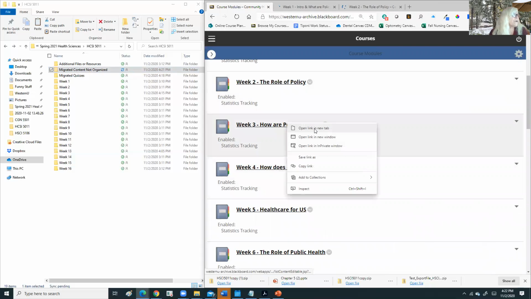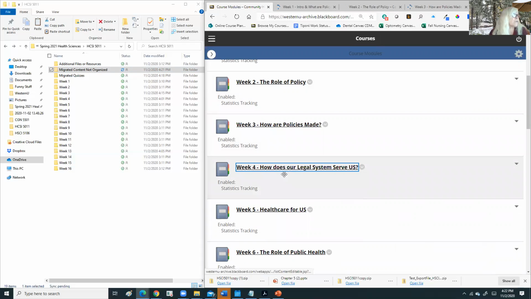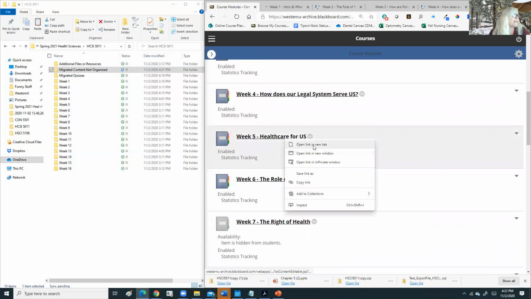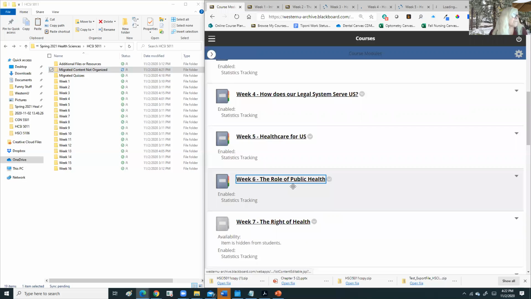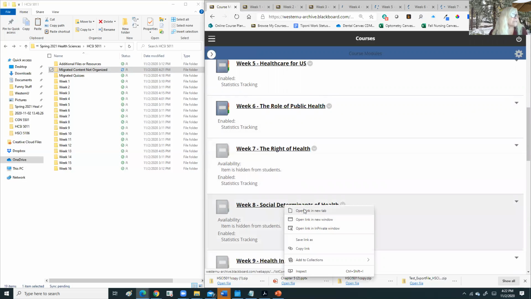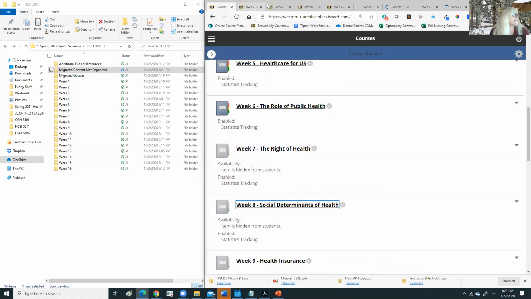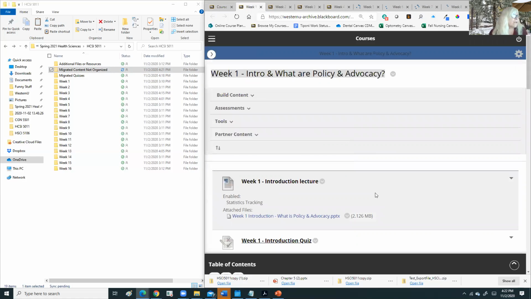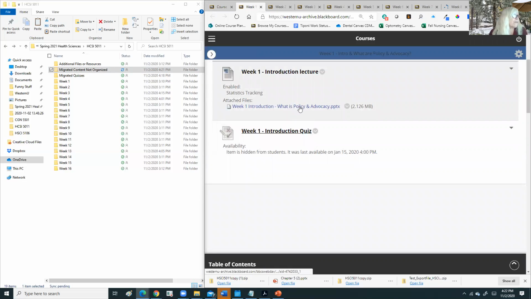so that we can quickly see if we can move this stuff pretty quickly based on the pages that we see. So let's do, there's 16 weeks, let's do 8 weeks. So in week 1, there is a PowerPoint, but we didn't move that, so we don't have to add anything to move anything out of the migrated content